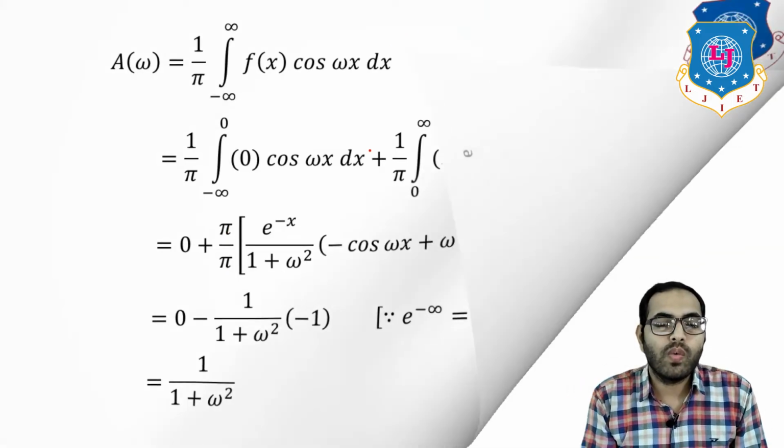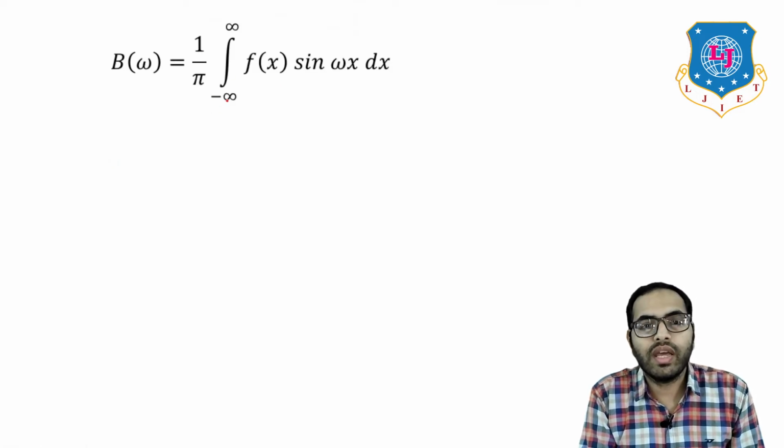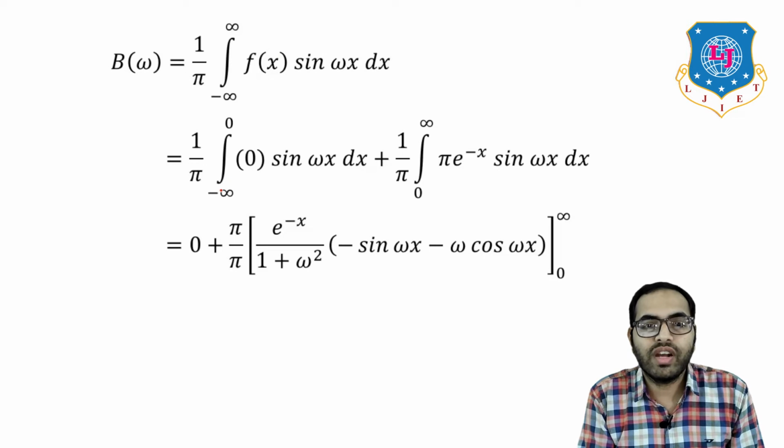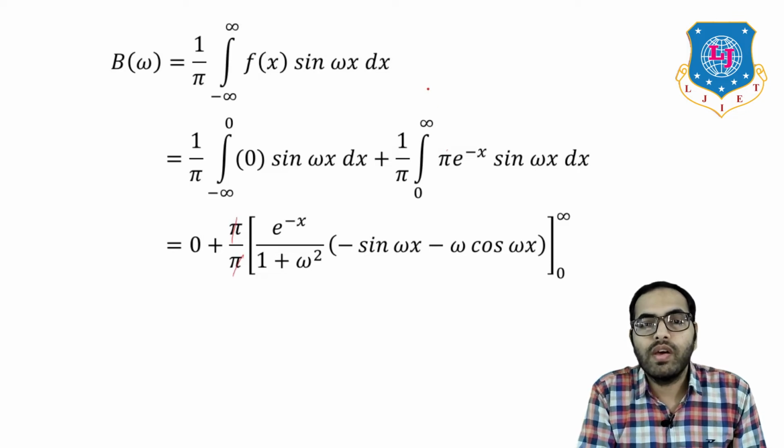Let's move on to b of omega, which is equal to 1 upon pi integral from minus infinity to infinity of f of x sin omega x dx. Just splitting the limits, then 1 upon pi integral from minus infinity to 0. Whenever the limit is minus infinity to 0, the function becomes 0, and in the integral from 0 to infinity, the function is pi e raised to minus x. Then substituting the values of the function and splitting the limits, the first term becomes 0, 0 into anything is 0. This pi comes out, then pi will cancel out, then here the remaining term we have is the formula